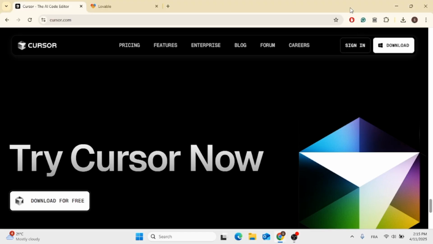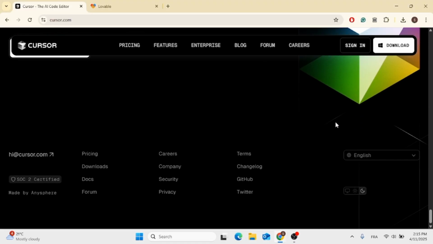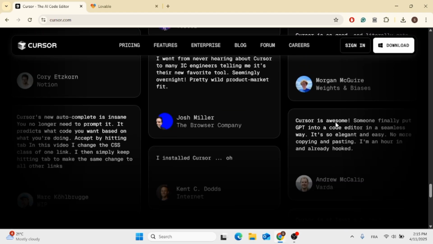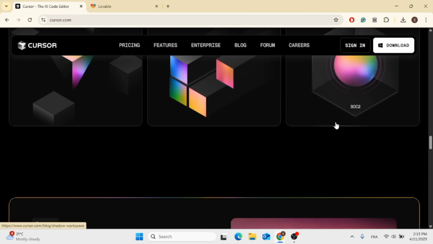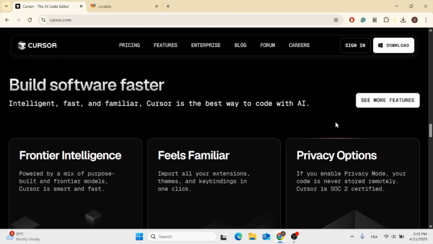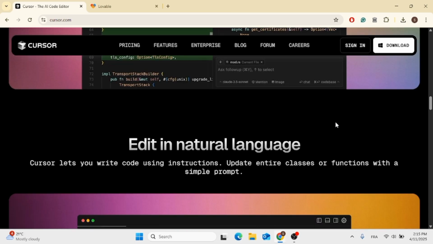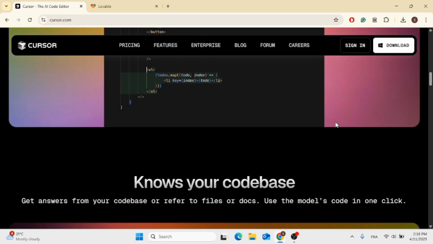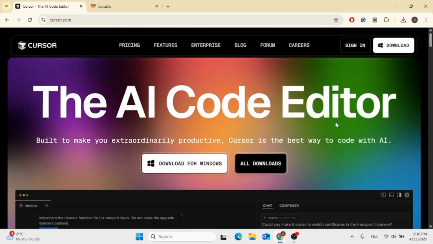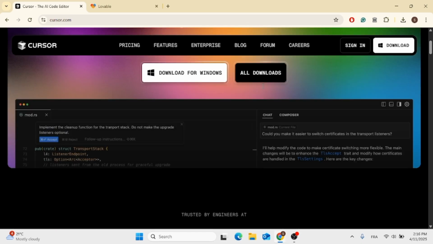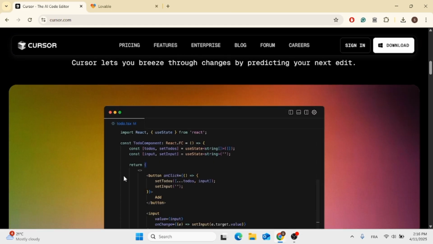In this video, we are going to review Cursor AI versus Lovable. Which one is the best? Now, starting with Cursor AI, the AI first code editor based on VS Code. It lets you chat with your code, generate components, debug, and refactor instantly. It's insanely responsive and understands complex code bases, whether you're building in React, Python, or full stack apps. Cursor acts like a second brain right inside your editor.